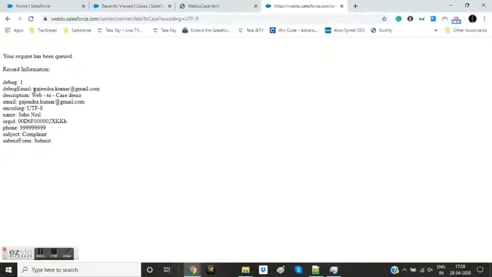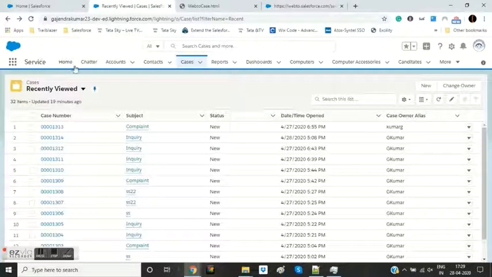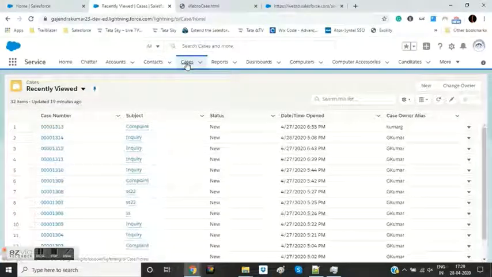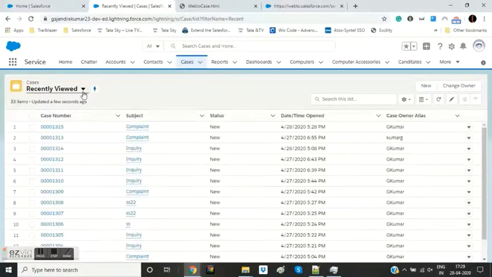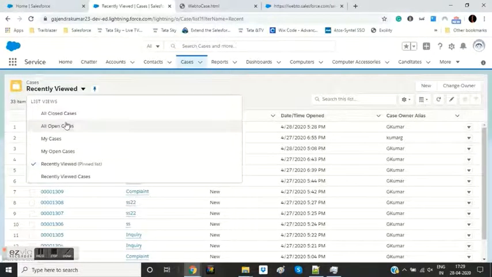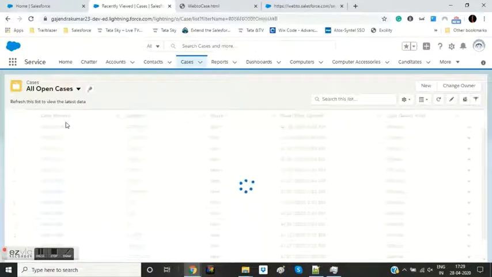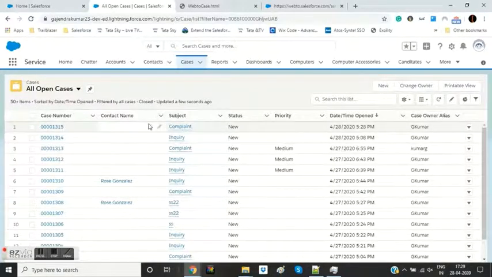Now if I go into my Salesforce application and go to my case screen, and then go to all open cases, I'll see a new case created with a case number.